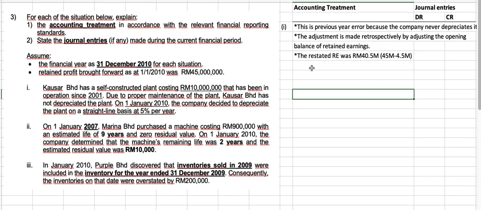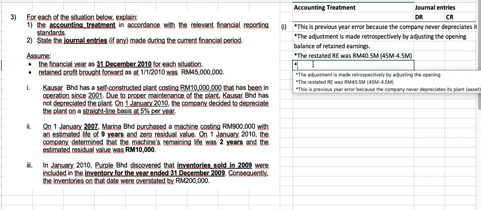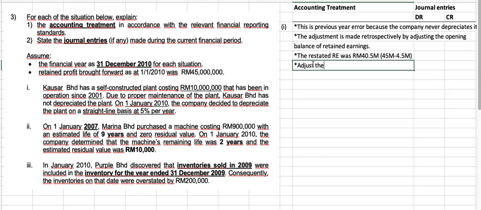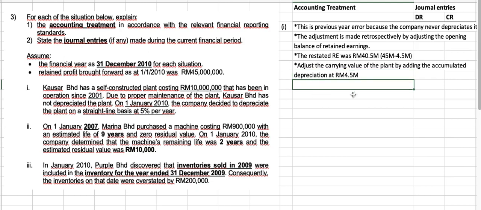And then what happened? You also adjust the carrying value of the plant by adding the accumulated depreciation of RM4.5 million. So the journal entry will be: